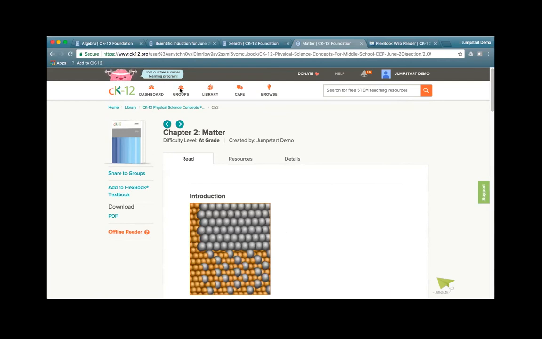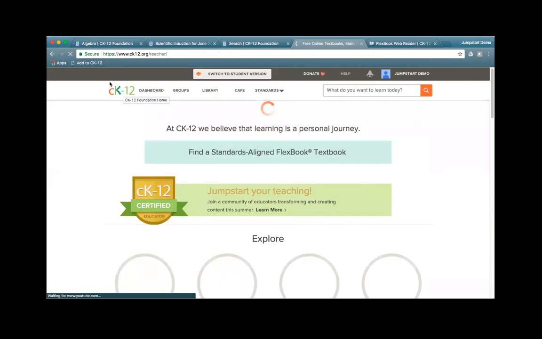A question about differentiation. For sharing the FLEXBooks for differentiation purposes, I would need to share different versions of the FLEXBOOK. Is that correct? Yes, you would need to do so if you want them to see different levels of that FLEXBOOK or different resources within that FLEXBOOK. Kind of if you're looking at any of our, just going back to the home page